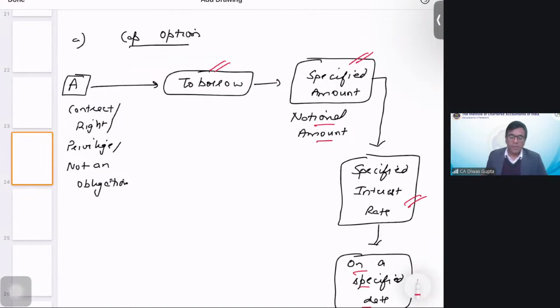So, in a way, this is helping us to lock the maximum rate at which we can borrow, right? And why are we calling it a right? Because we have an option. Today, if we don't want to borrow through the cap option because of the situations appearing in the market, we can avoid doing that. And what are those situations? Let's say the specified interest rate is 8%, the market